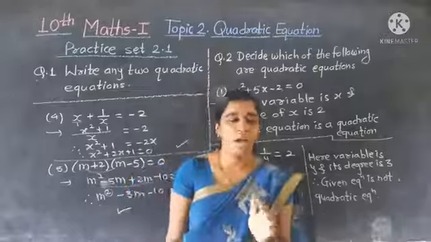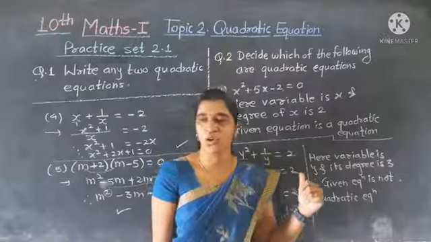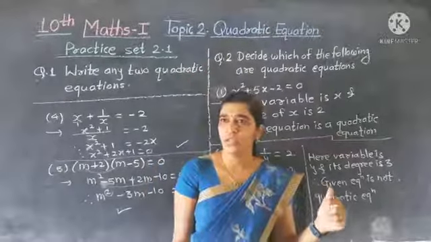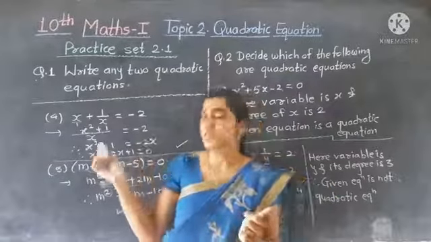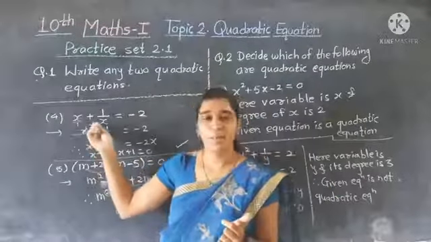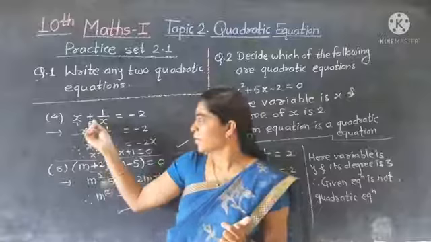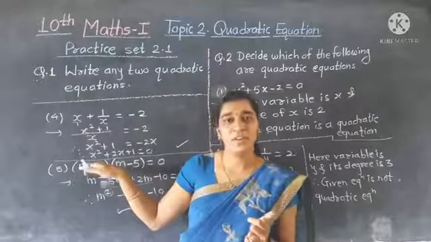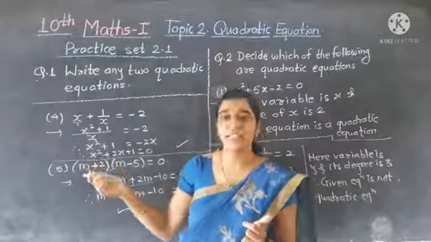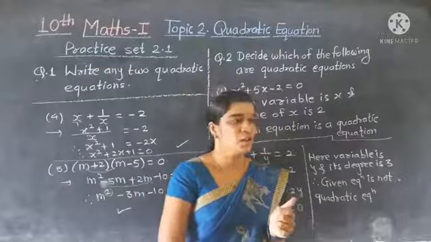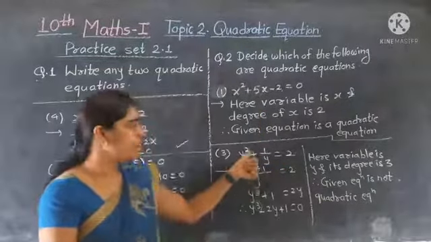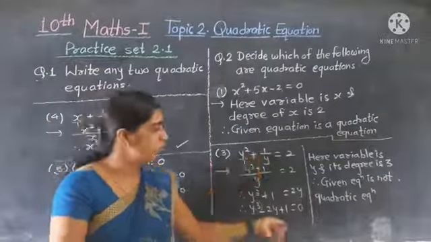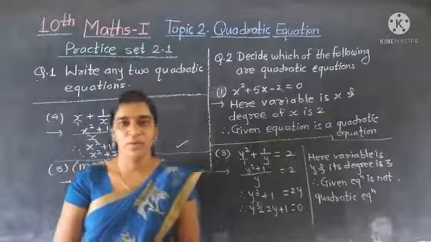Okay, understand how to find whether it is a quadratic equation or not. Sometimes you may see it from observation, but sometimes you have to calculate, further simplify, and then decide whether it is a quadratic equation or not. Not directly here; you first simplify and then decide.